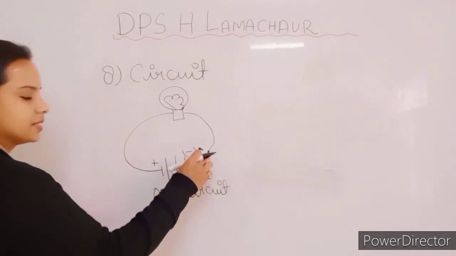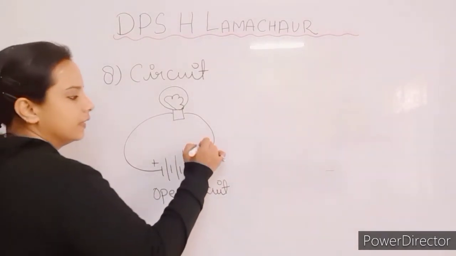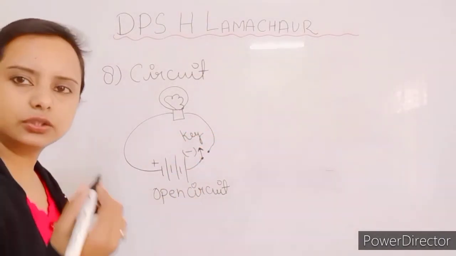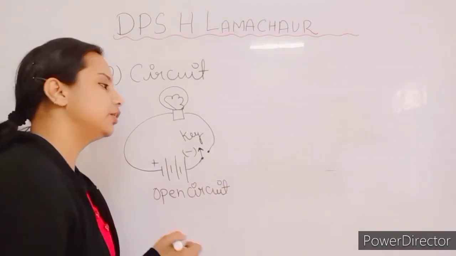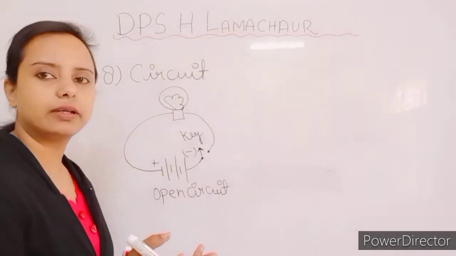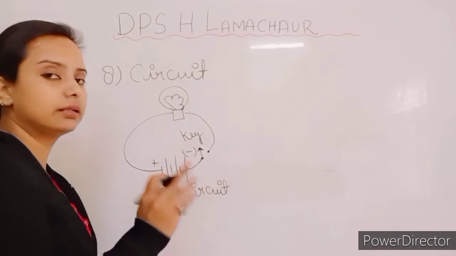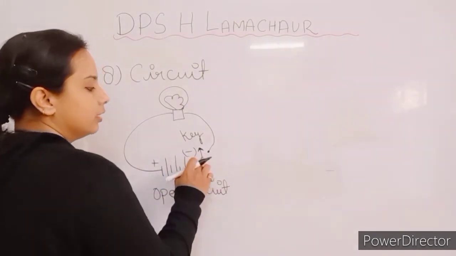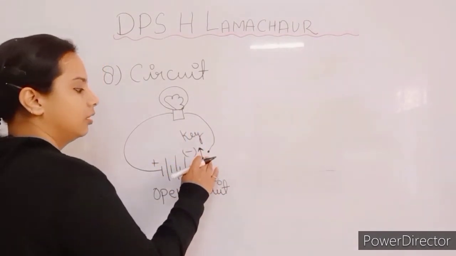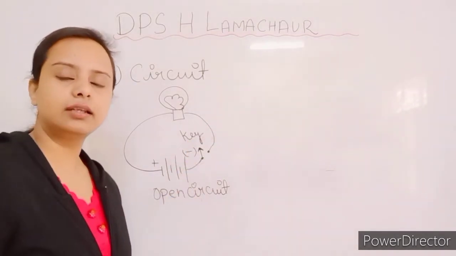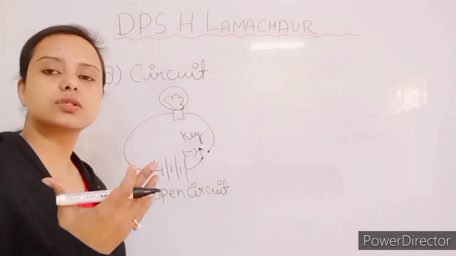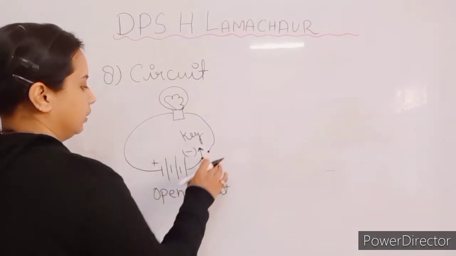ओपन सर्किट, यहाँ पे सिर्फ जो वायर को हमने कनेक्ट नहीं किया, and here I have made a key. This arrow is known as a key, and we can say a switch also. ठीक है, when we switch off, जब हम स्विच ऑफ करते हैं, जैसे हमने फैन को ऑफ किया, then what happened, the fan will stop. Okay, so what happened in that, जब हम स्विच ऑफ करते हैं तब क्या होता है, जो हमारी की है, this key will open. Okay, and it will stop from here, it will stop the flow of current, and the bulb will not glow, it will stop glowing, or the fan it will stop moving, it will stop working.